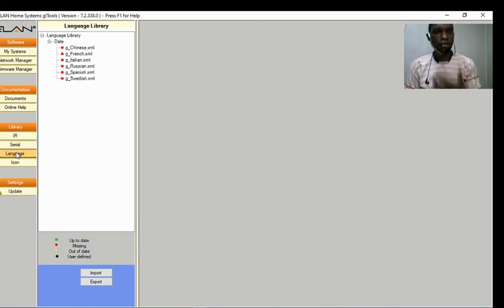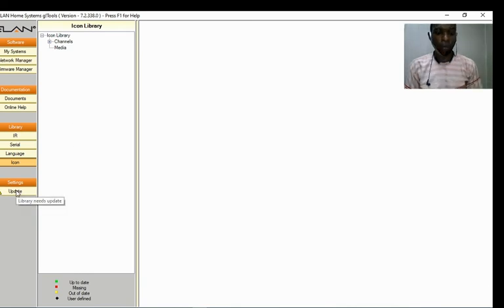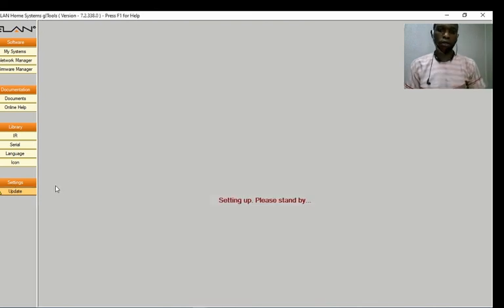The language your system is using currently, you have different languages that are supported: Chinese, French, Italian, Russian, Spanish, Swedish. You can select and install any of them, to add to your original language. The default language is English. They have different icons which you can use. Then if you want to update, you update from here. We are going to take care of these things one after the other. Since we are not updating now,